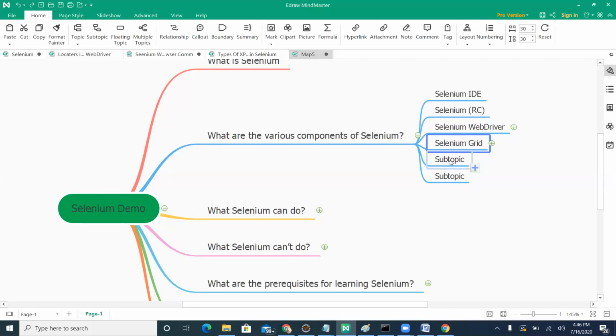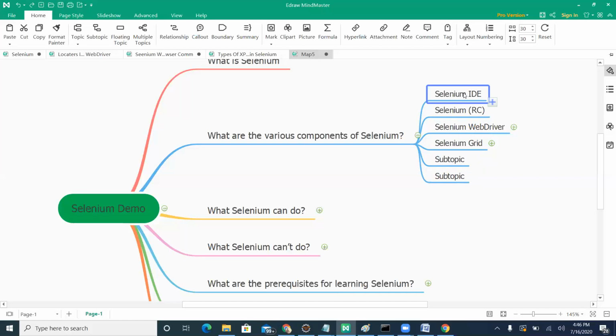Okay. So the components of Selenium are Selenium IDE, RC, WebDriver and Grid. Selenium IDE is record and playback: whatever actions you perform with your keyboard or mouse in the application once you start recording, the same can be played back.